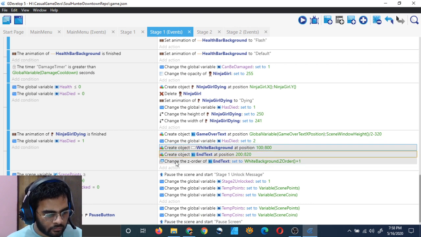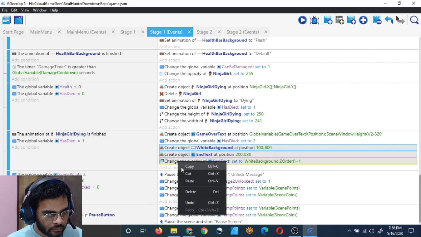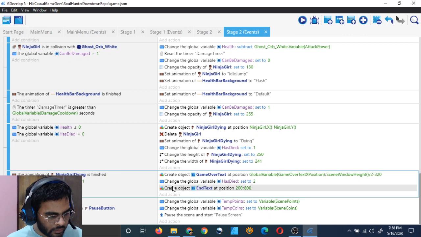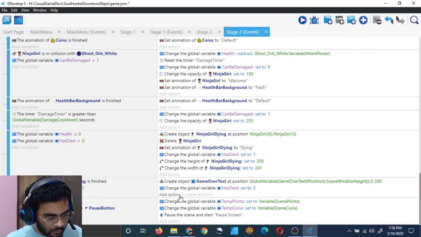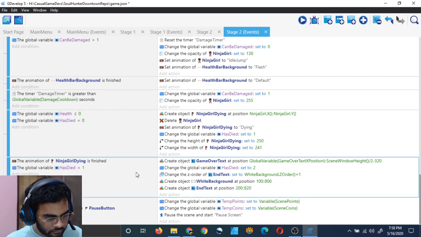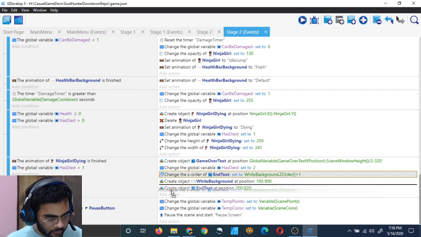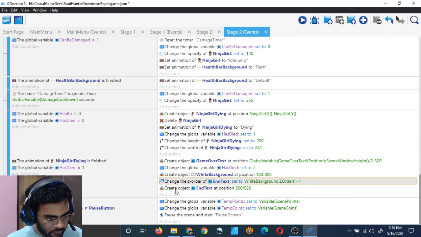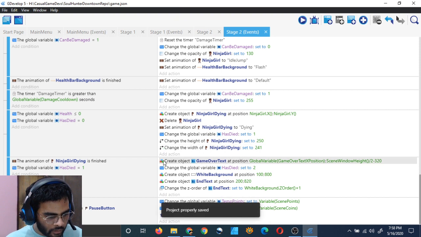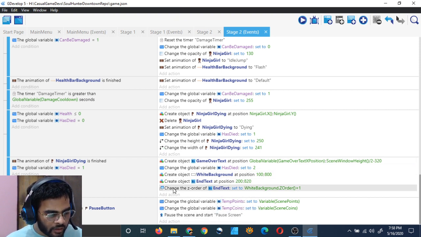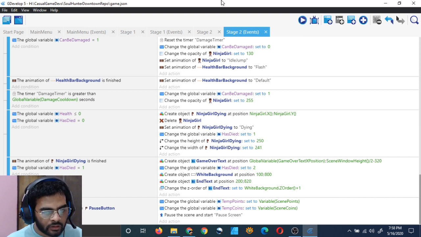Shift select and copy. Go here and delete this one because we have copied it, and paste. It's out of order, so just do this. White background created first. After that, end text should be created, and after that, we should change the z order of the end text. Right? That's the order of events.